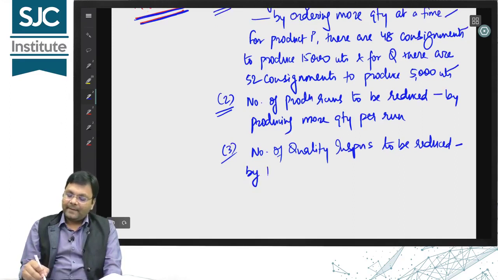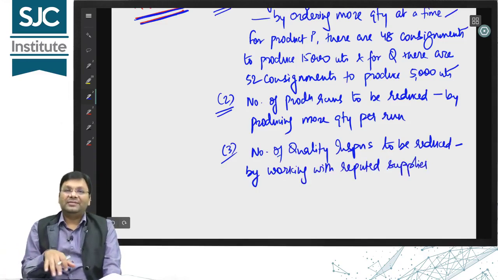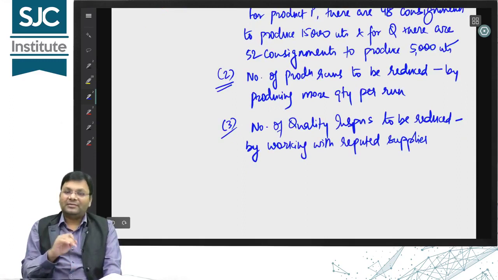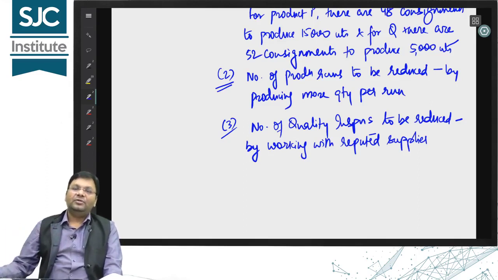By working with reputed suppliers. If you have reputed suppliers, they sell quality products. So if you are buying quality products, then the responsibility of inspection reduces in your organization, because you are then using